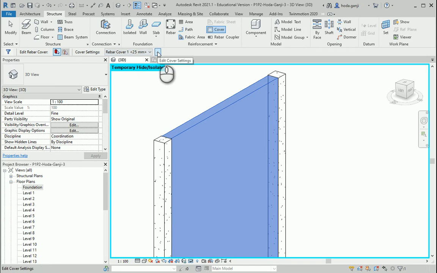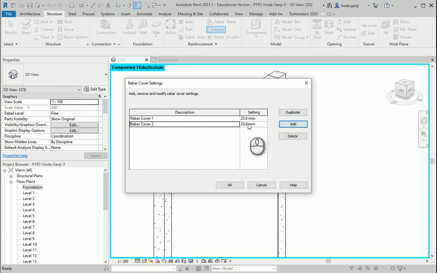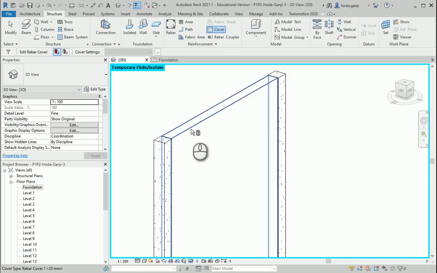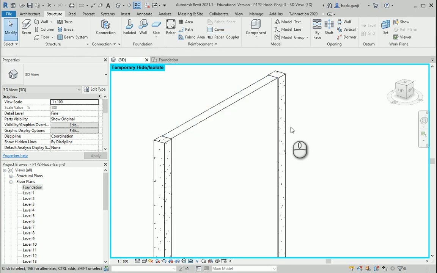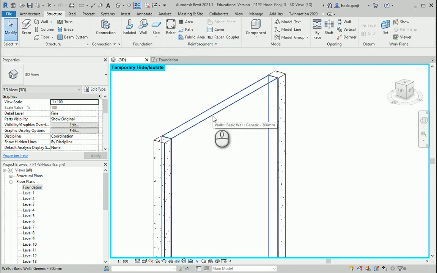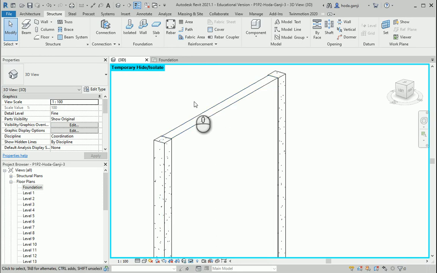If you want to change that value, you can go to edit cover settings, and I want to add some value here. So this is a number that you need to check the building codes. You need to refer to them, and it's based on like fire resistance and so on. So let's assume it's going to be 40 millimeters. I'm going to go with 40. Okay. And now if I click here, I can assign that 40 millimeters value. Okay, now it seems that nothing happened. You can hit escape, but when we go and set rebars, they're going to be 40 millimeters inside.